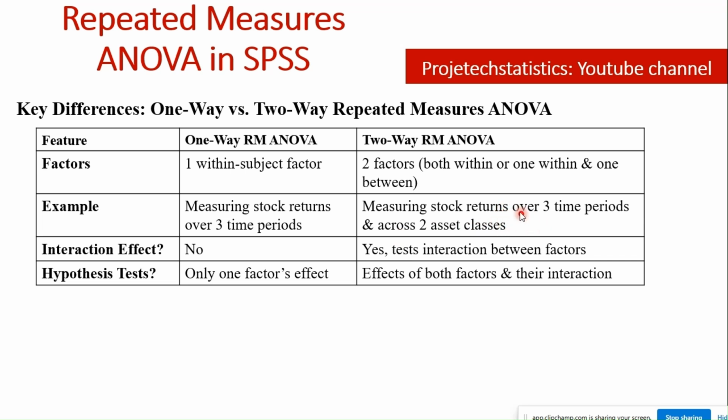In other words, two independent variables are always involved in a two-way repeated measures ANOVA. Two independent variables that are giving us two within group, within subject effects or within subject factors. There is an interaction effect. Yes, there is an interaction effect because the two factors are going to interact with each other. So you have to measure the interaction effect of both factors, and also you can have factor effects